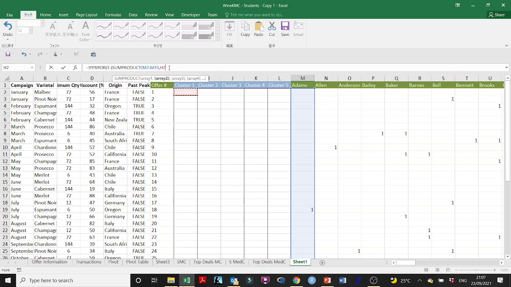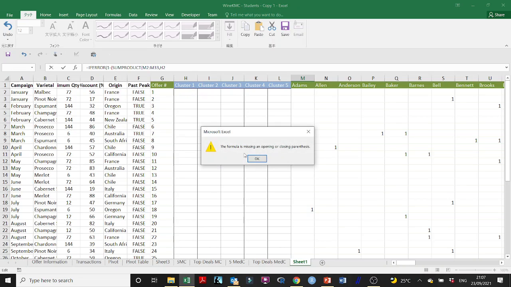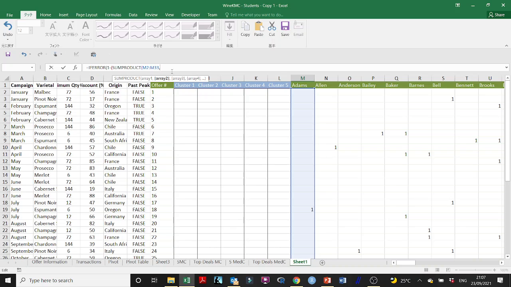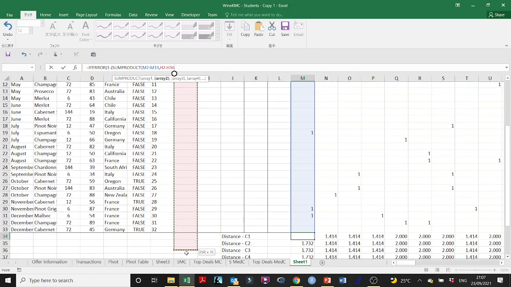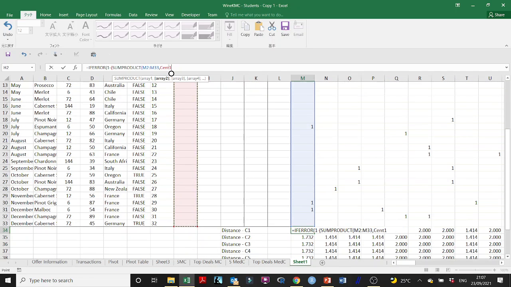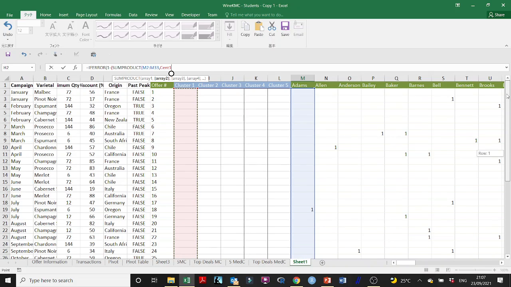And actually, you can go over it like that, but you see, Excel is very smart, so it's going to realize that it is cent1, or you can type it immediately. Then this is over, and open up a new parenthesis, and it's a square root of the sum of